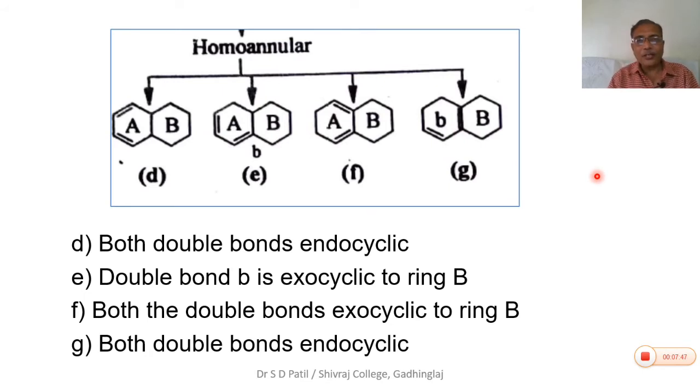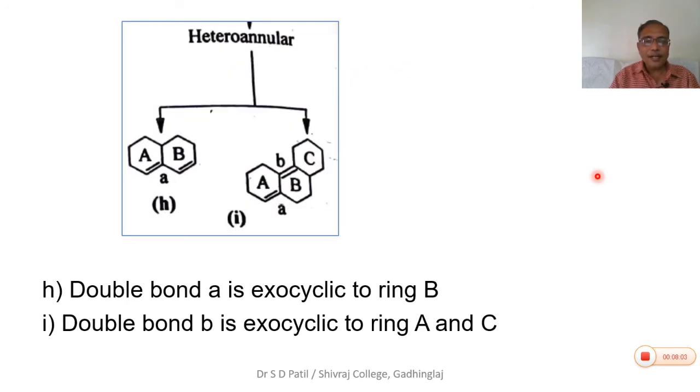So during the calculation of lambda max values, we must know the exact nature and we must learn the exact structure of the compound, because considering the knowledge about the structure, we are going to calculate the different values. So this is a case of heteroannular dienes. The heteroannular dienes are those compounds where the conjugation is there but the double bonds are present in two different rings.